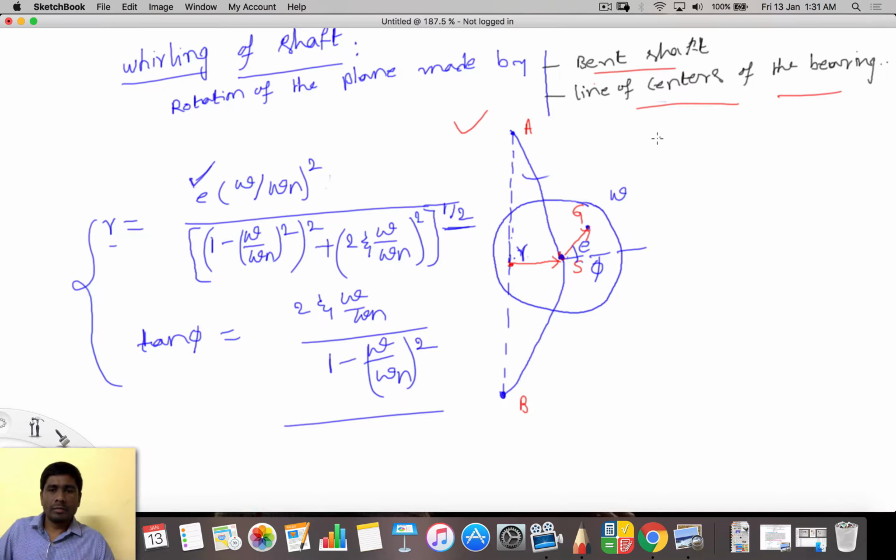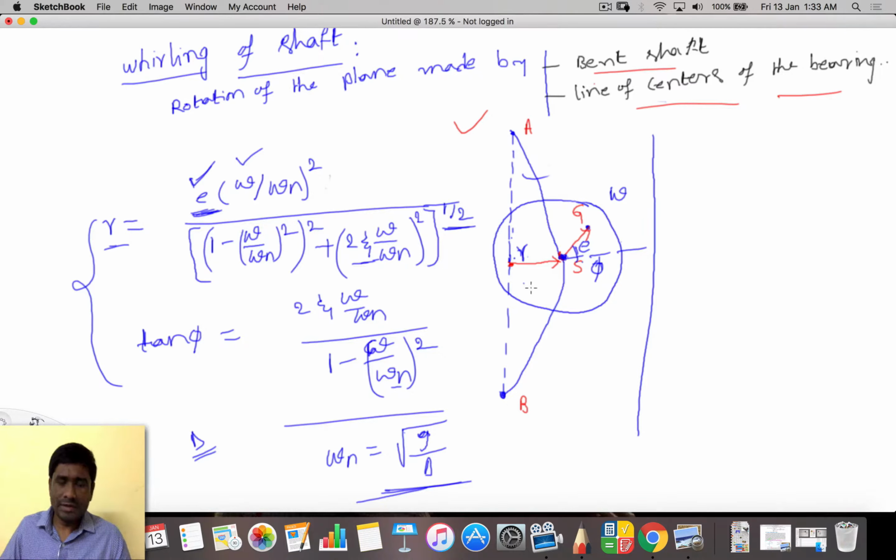And here I would like to explain further. We have a relation between R and E, and also we have a phi. How to find out omega n? So omega n we have already discussed. If it is very long in the bearings, then generally we will consider it as a fixed beam. If it is a small shaft within the bearings, then it is simply supported and subject to the midpoint load here. So in that case, we know how to find out the delta. So when you know delta, omega n can be calculated. What is the formula? root of g by delta.